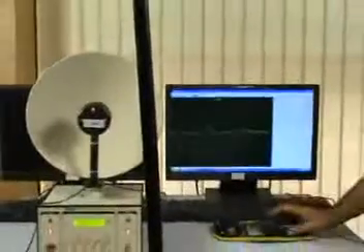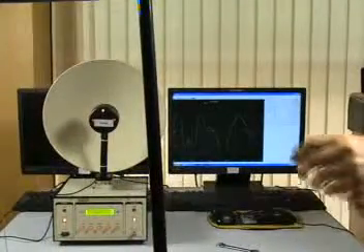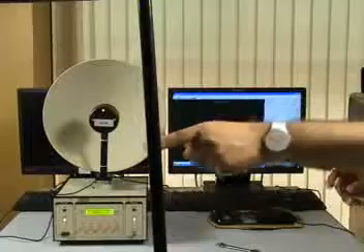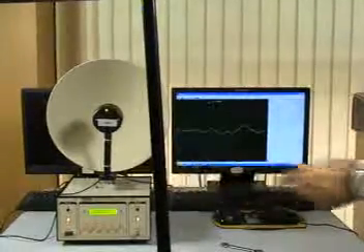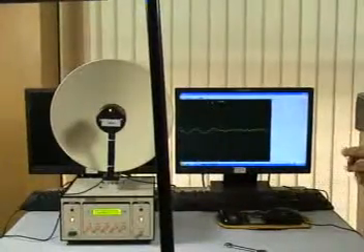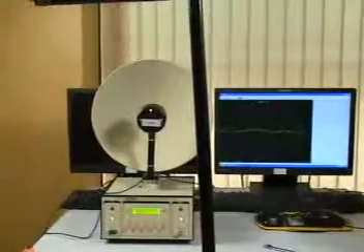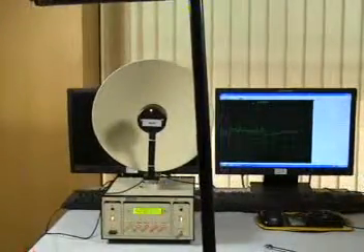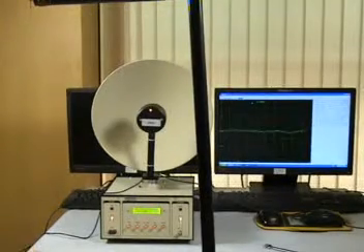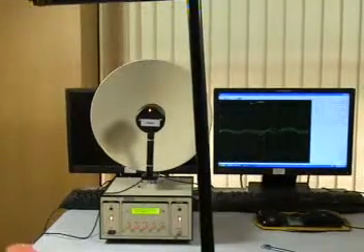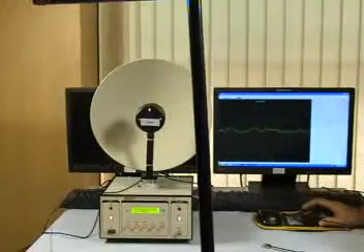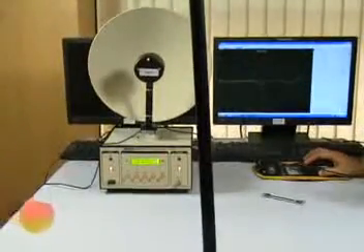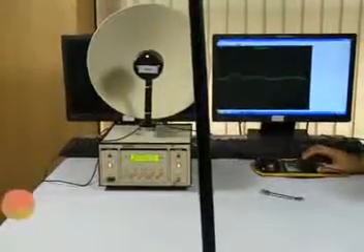Now we see we need to adjust the height of the pendulum and we need to keep the pendulum ball in the path of the microwave signal. We need to estimate the time period, which in our case is roughly about half a second to 1 second. So we need to change the buffer settings. We need to hold off the display by pressing the hold button.